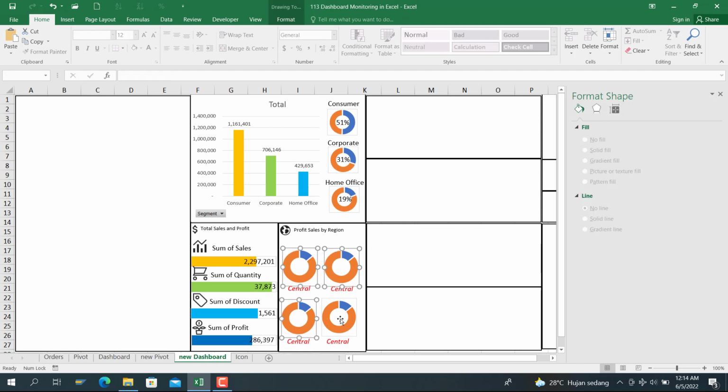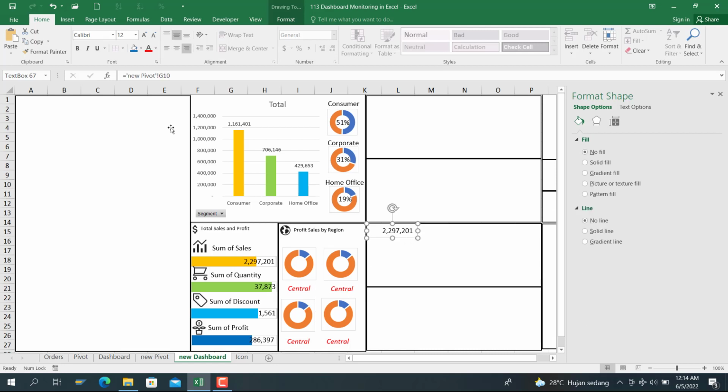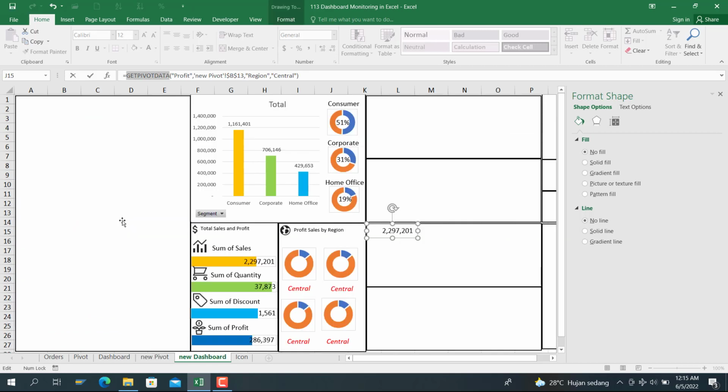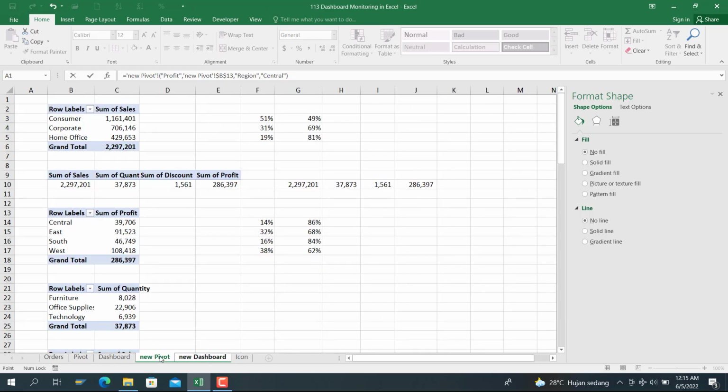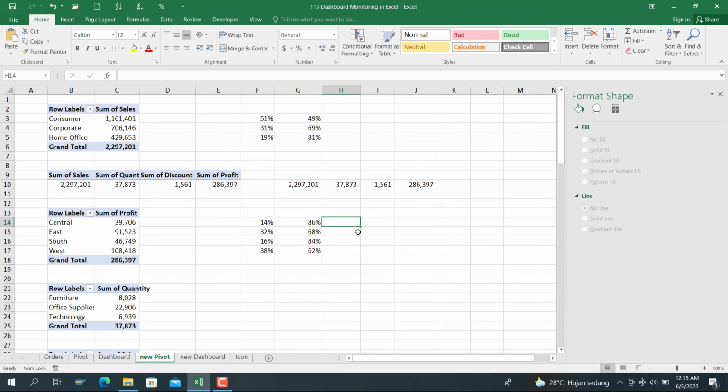You can a little bit adjust the size of the donut here, reduce a little bit like this one, and then you can add the quantity here by select this one, press this one, and then change the reference to new pivot here. This is the central. As you can see here, the data is not changed, so we have to make the reference by pressing this, and the reference is C14,